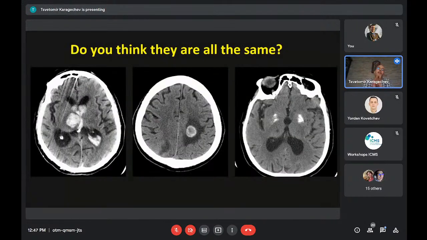So, here we have 3 pictures. These are 3 different patients, 3 different scenarios, and I'm sure that you recognize that every photo has a hyperdensity inside the brain tissue. Maybe they look the same for you. Maybe you recognize some of the things that me and my colleague have already showed you. But if not, don't worry. This will be a lot clearer in a few minutes.